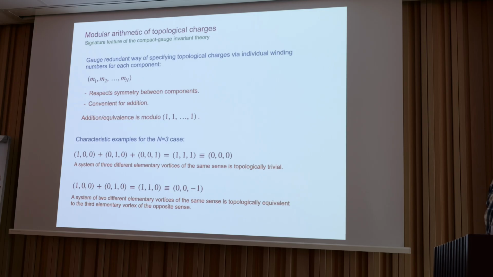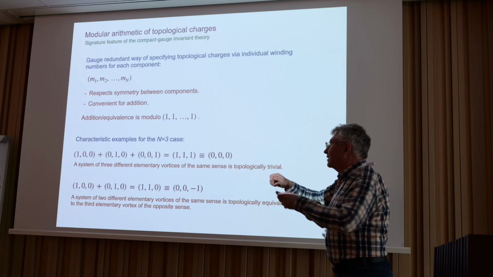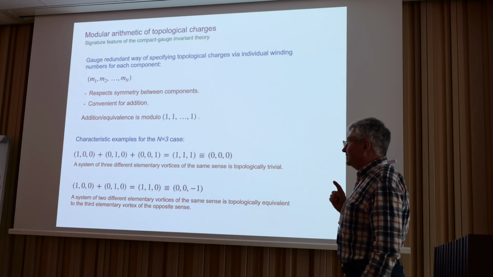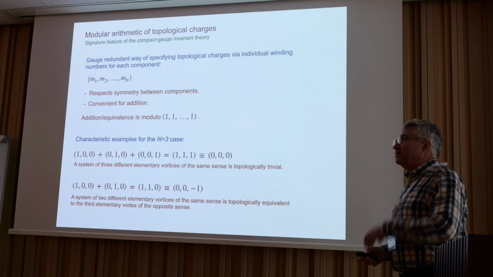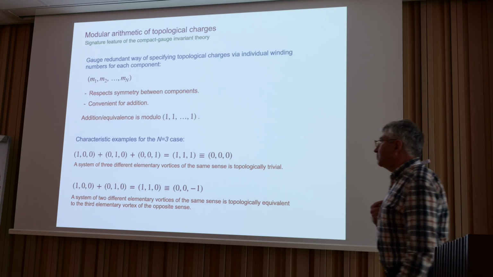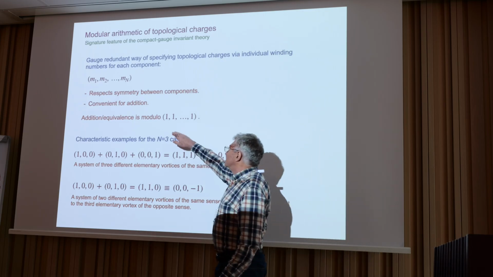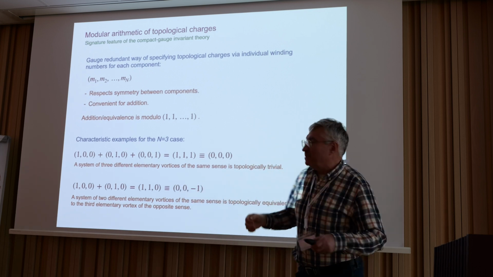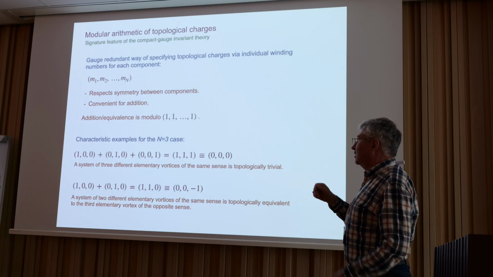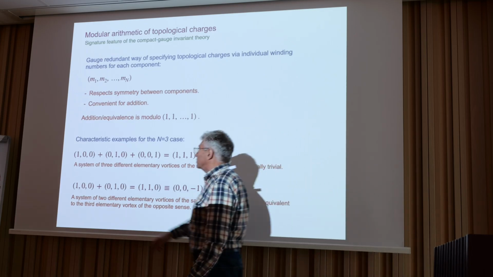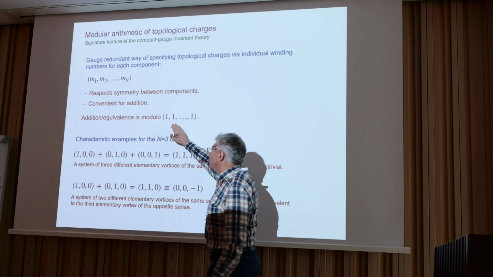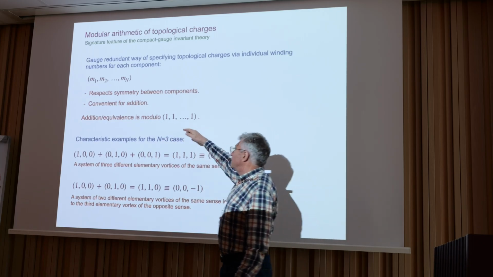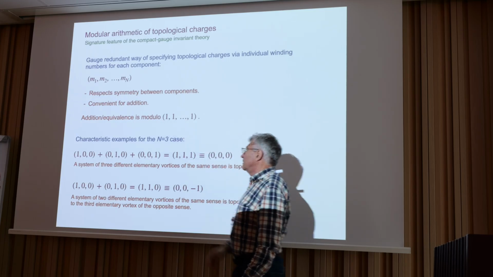Now the defects are not independent, because of the compact gauge invariance. If we just classify the defects in terms of the individual phases, we would have multiple counting of one and the same defect, but the multiple counting amounts to adding this vector to all of them. So the simplest way to classify the defects is to write them in a simple form in terms of the individual phases, but then take into account that defects which can be reduced to each other by subtracting a multiple of this vector are the same.